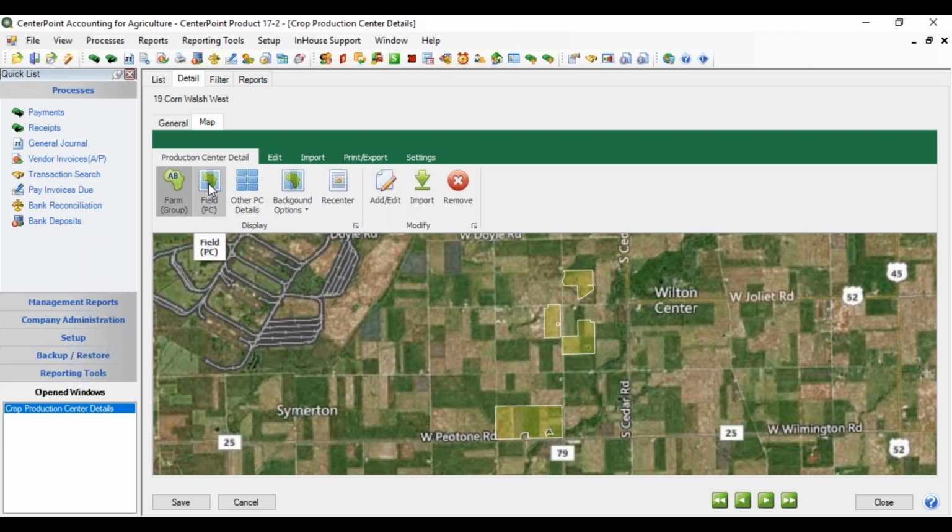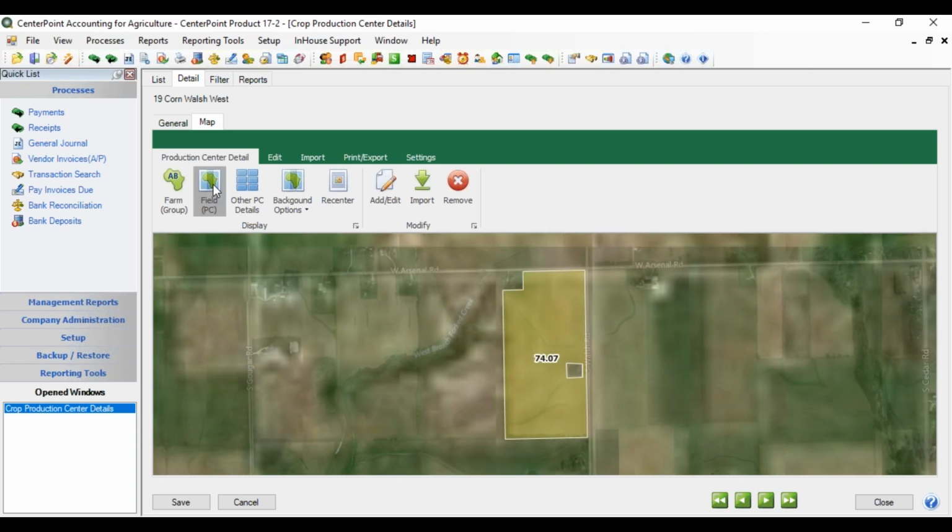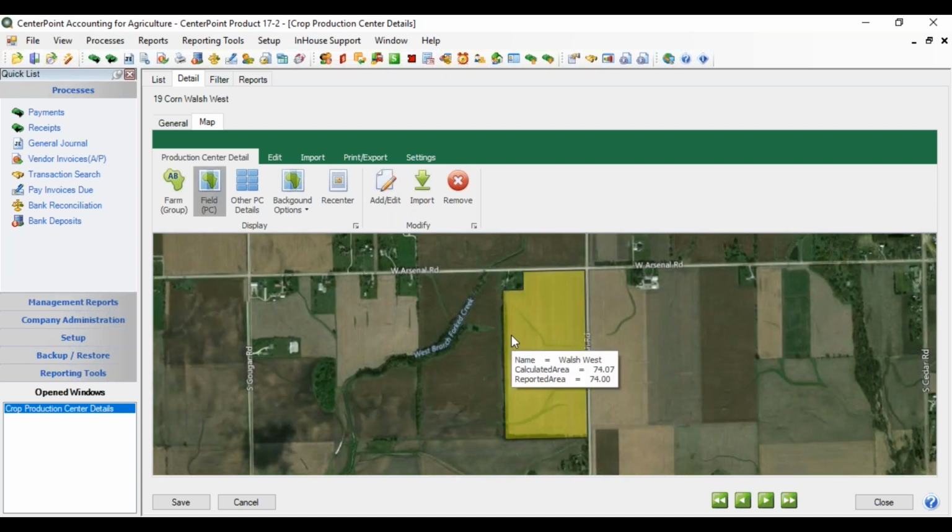In addition, we can display, we're going to undo that, and display the background image of the field from the production center. So the Walsh West that we created at the production center, if I click this, that's what we're seeing. The advantage to doing that is we can use this as a guide if we have a field, like in this case where it's divided and we want a couple of different production center details really representing this one production center. Now we have a background image of what the whole field looks like, and then we can draw by using this as a background of the portion that we want for, in this case, the corn on the